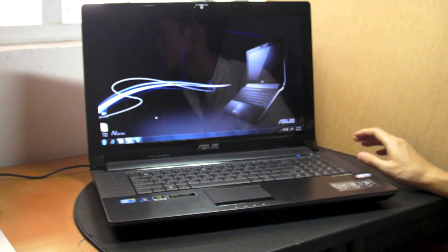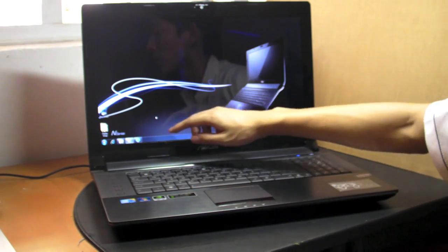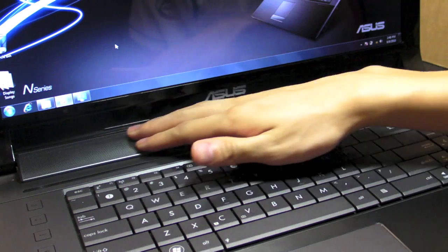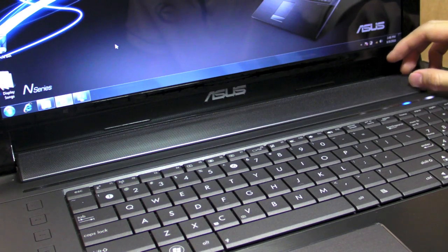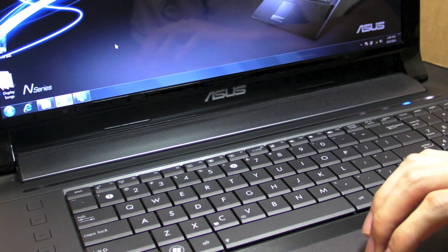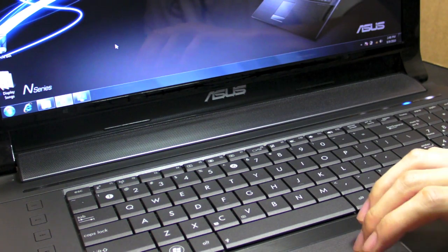But one of the most outstanding features of this computer, apart from the specifications, would be its huge speaker. If you take a look below the monitor, this entire slab here is actually the speaker. They produce really amazing sound, and the reason is that these speakers are powered by Bang & Olufsen, and they call it the Bang & Olufsen ICEpower. So